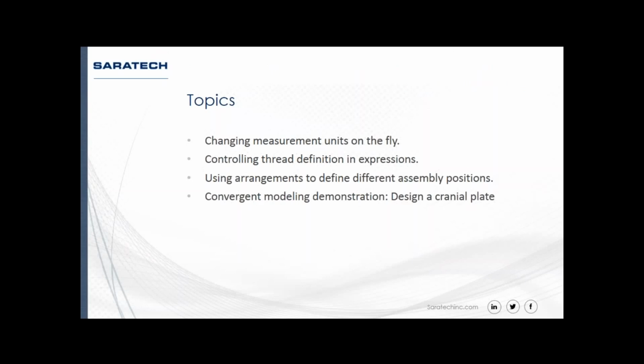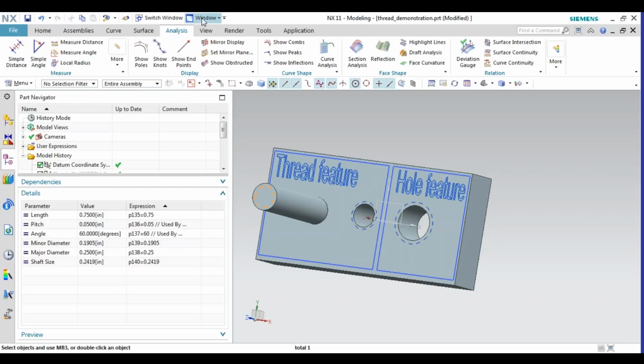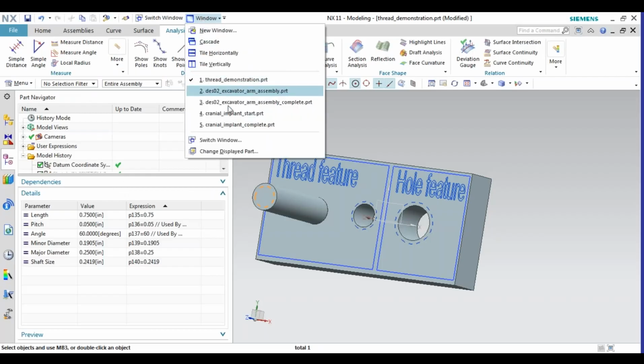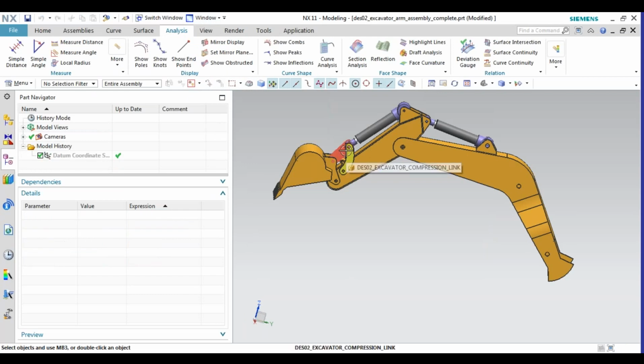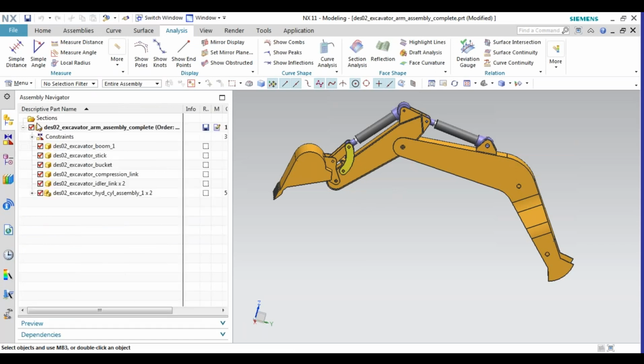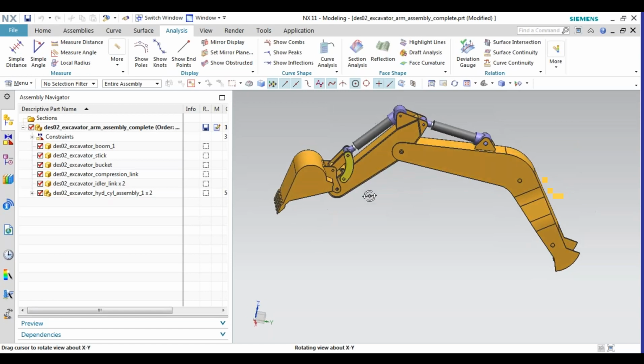So, arrangements. Hopefully you guys are familiar with arrangements, and if not, then I think you guys are in for a treat because this is a very useful tool. I am going to go to my completed model assembly with arrangements, and let me just briefly show you what arrangements do. So here I have an excavator arm,